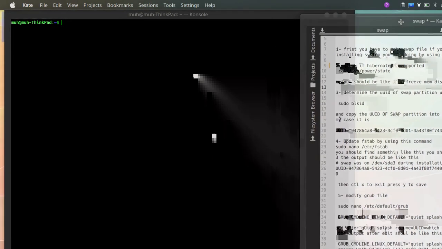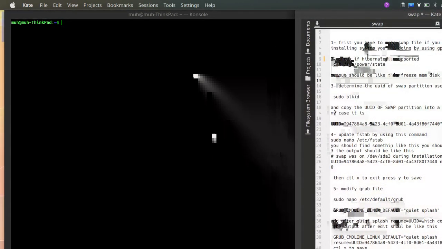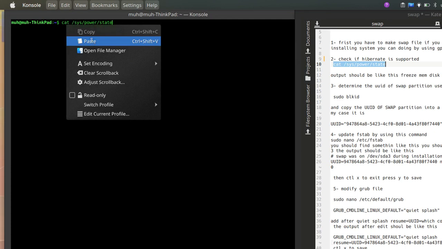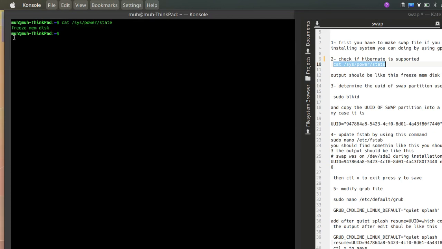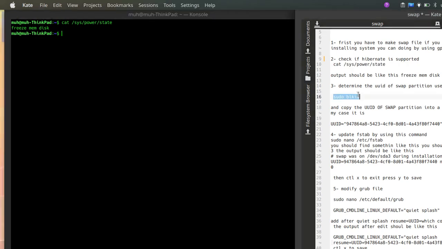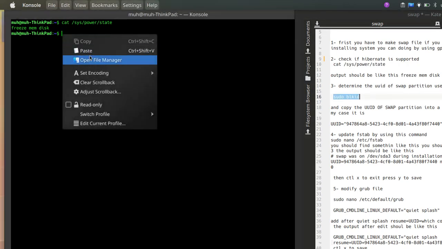Now let's start with step number 2, and we should determine if our system is supported or not by pasting this command, freeze mem disk, which means that it is supported. No problem, you can move on to step number 3 with sudo